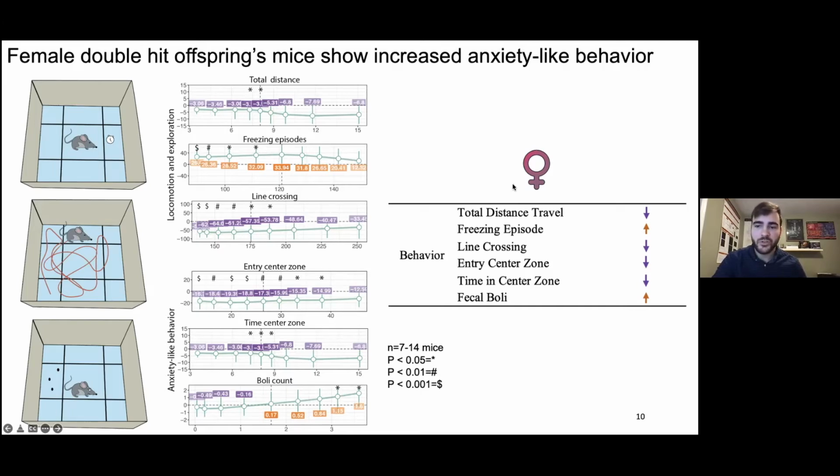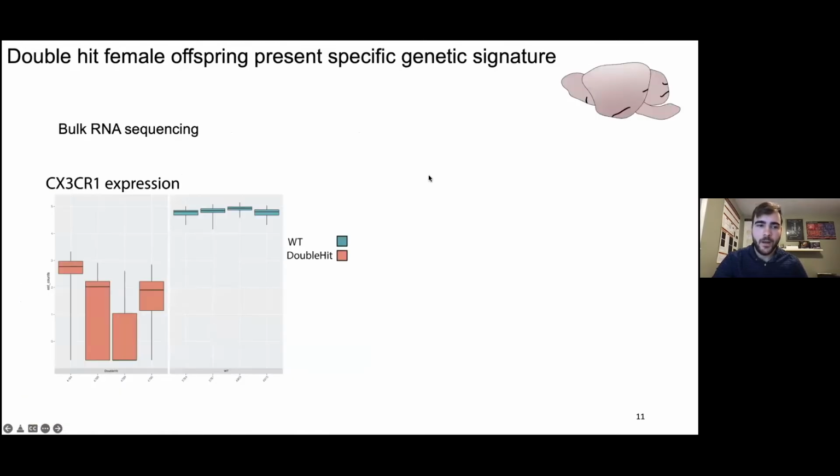So that was super interesting, and we saw a lot of anxiety-like behavior in these mice. Then we wanted to look at the transcriptomic analysis, starting with the expression of 6-1 that was knocked out. And we showed that there's what we thought was a decrease in the 6-1 expression following the knockout,